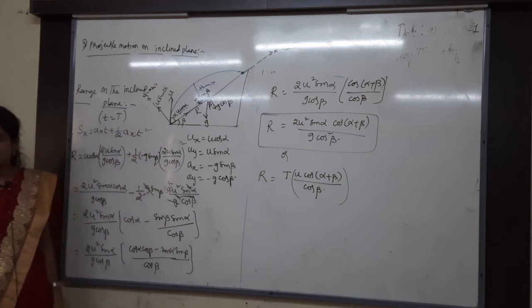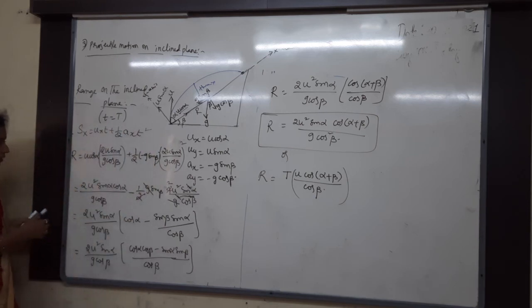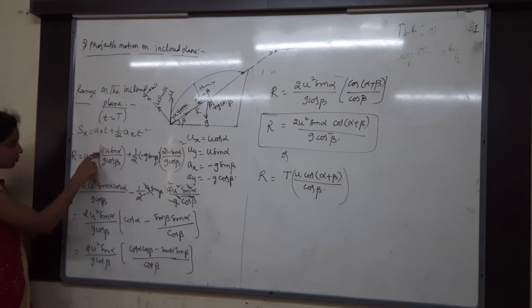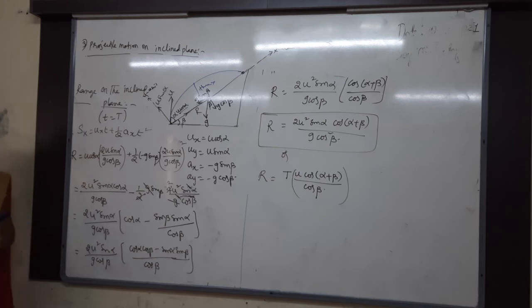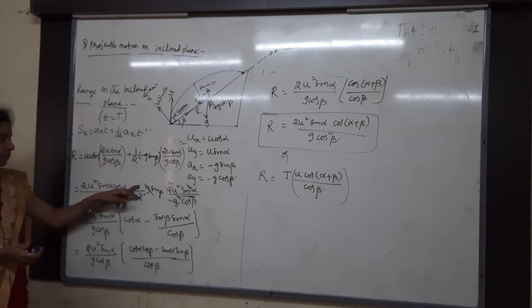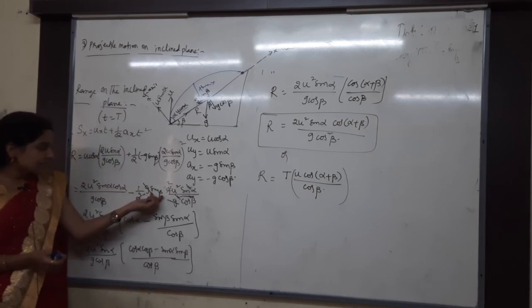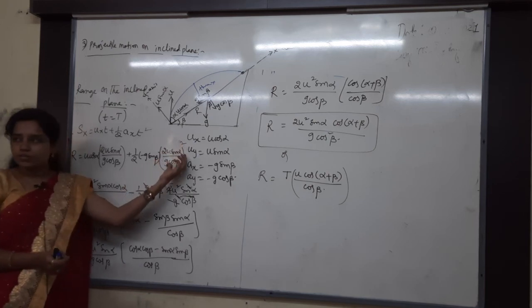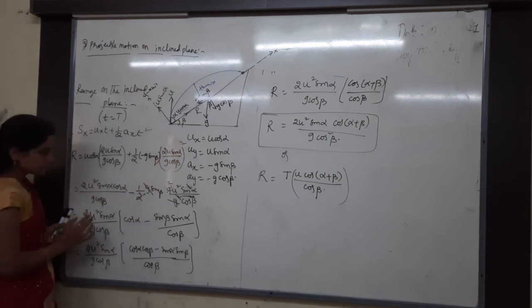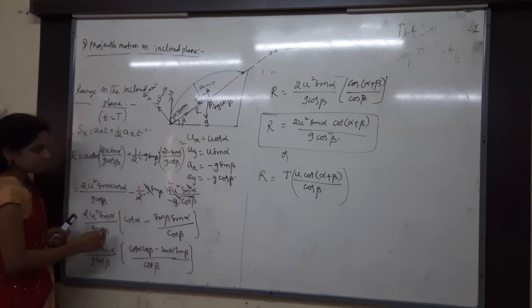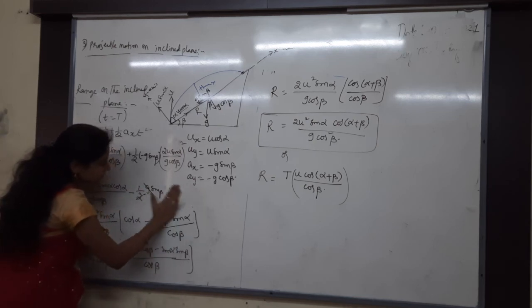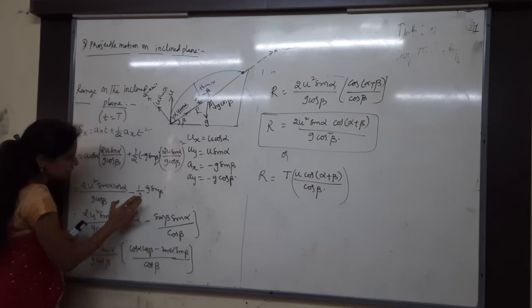Because t square we have taken here. Now from here I have written this one as 2u into u, which will be u square sin alpha cos alpha, divided by g cos beta, minus half into g sin beta. Here I am just applying the square for this. After applying the square, I am just cancelling one of the g with g. Listen to this one again. You might be confused here a little bit.